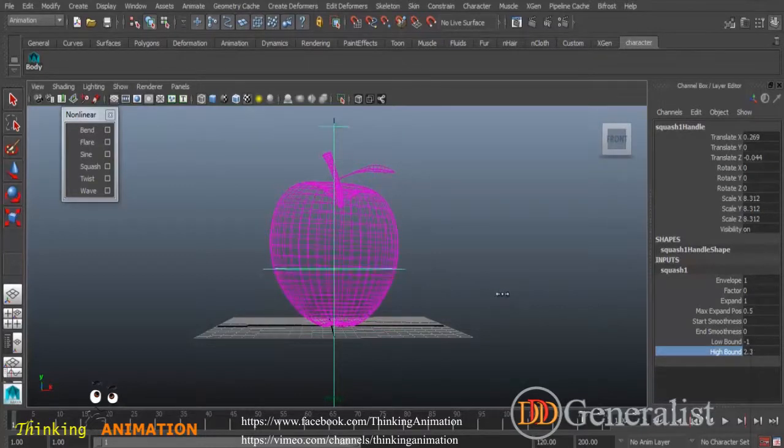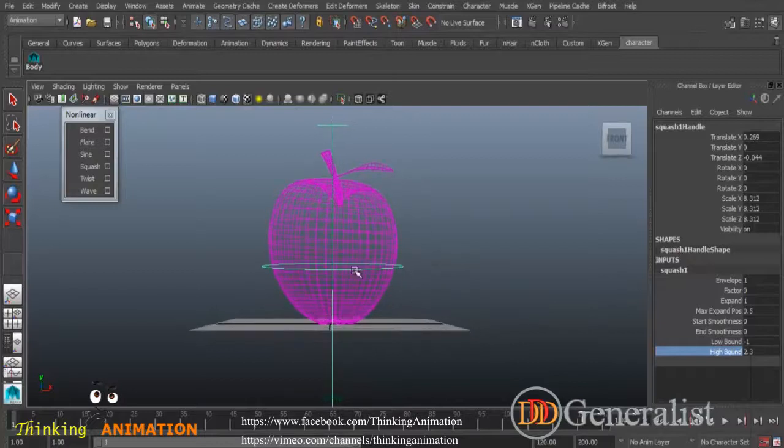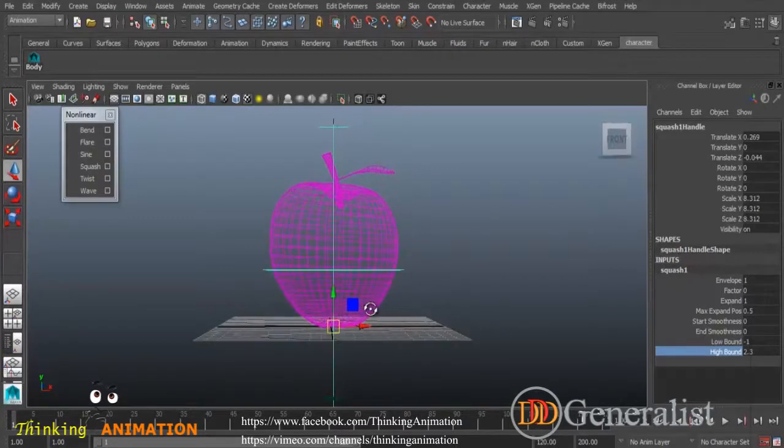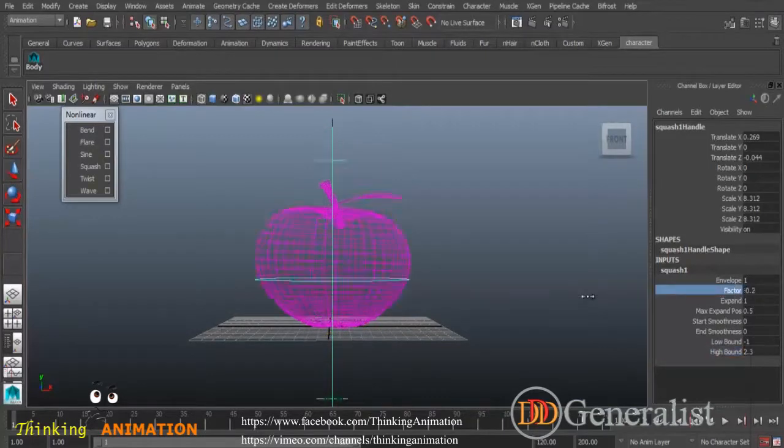So bring him up. This way you can see that it appears the center point is still moving up, but it's not like that. If you select the move tool, the pivot is right at the grid. So if you see that circle moving up, it doesn't mean the center point is actually moving. So if we squash and stretch, the bottom of the apple is still fixed on the ground. So that's what we needed. So we have fixed the issue. So now we have two